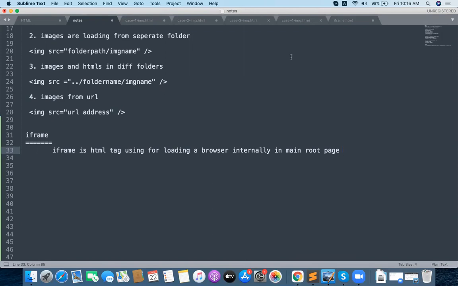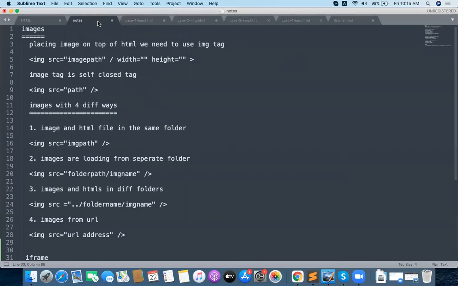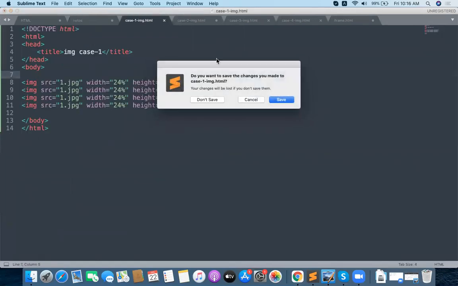And we will finish off HTML in tomorrow's class. Monday onwards we will have CSS class started. Is it okay? You practice with this today. You can practice now.